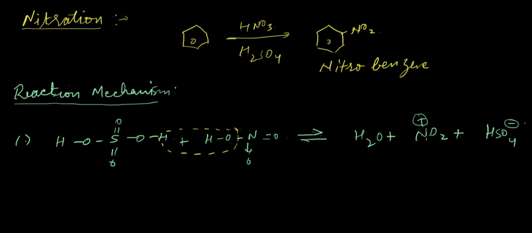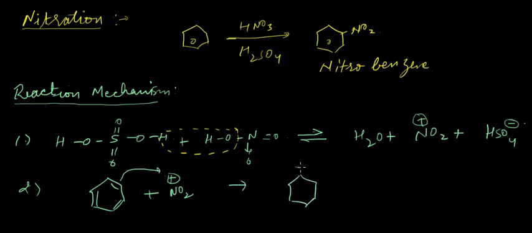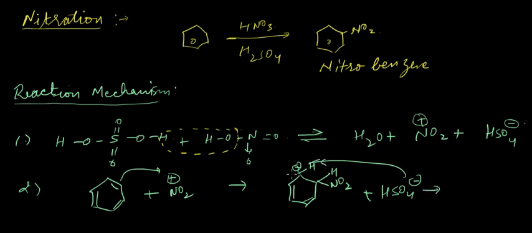Now, what the benzene does for this electrophile NO2 plus is, again you have a benzene, and it reacts with NO2 plus by giving its pi electrons to NO2 and thereby making itself positively charged. And we have H and NO2 here with two double bonds, and then HSO4 minus removes this hydrogen from the intermediate carbocation, and again becomes H2SO4, thereby